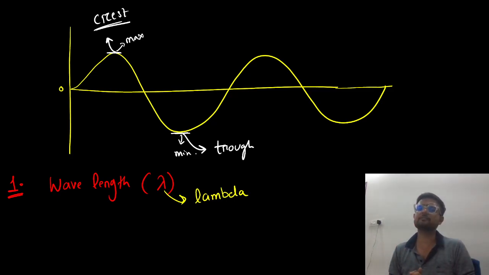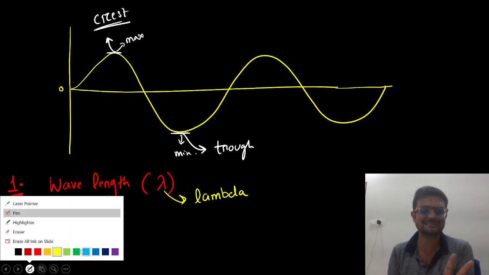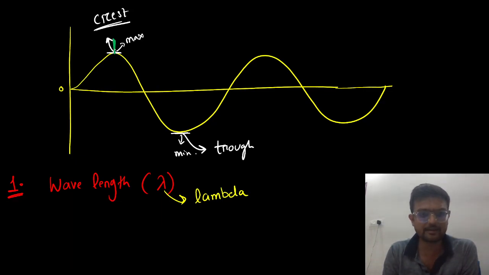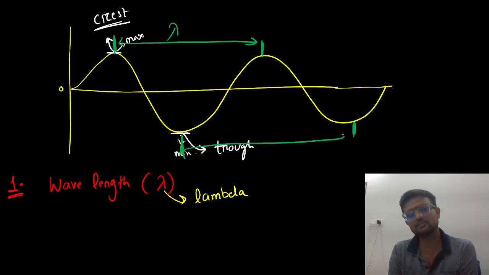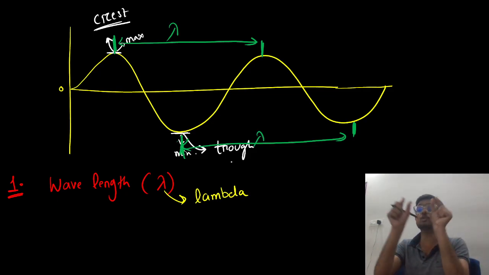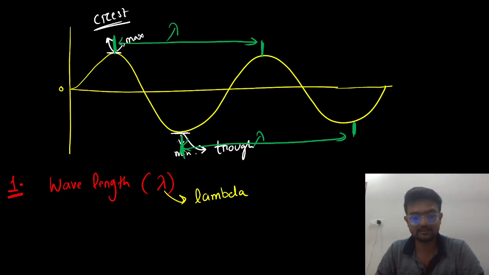Now, how to measure the wavelength? You can either take the distance between two maxima. This is one maxima, and this is another maxima. You can take the distance between these two maxima, that is your lambda, or take it between two minima, that is your wavelength. Okay? The distance between two consecutive crests or two consecutive troughs is known as the wavelength. I hope this is clear. It is the distance between